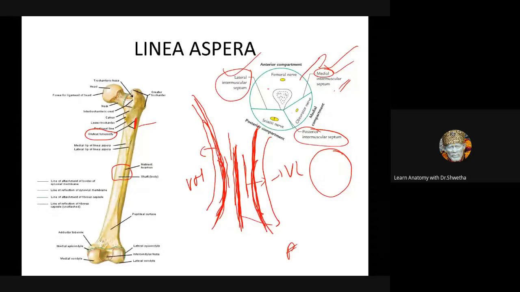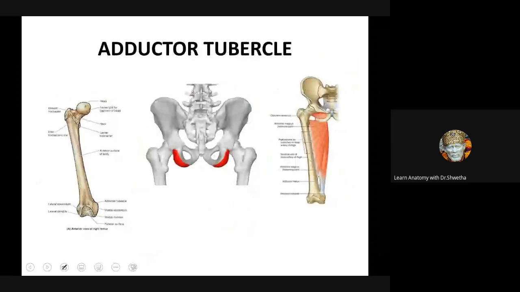Now, this is the adductor tubercle. To the adductor tubercle, the ischial component of the adductor magnus is attached. One more MCQ question. Several important things occur at this adductor tubercle. One is that at this line, the lower epiphysis will pass. So any operation or injury in the growing period will stunt the growth of the femur. The other thing is that it serves as a surface landmark. Nothing is asked in this.